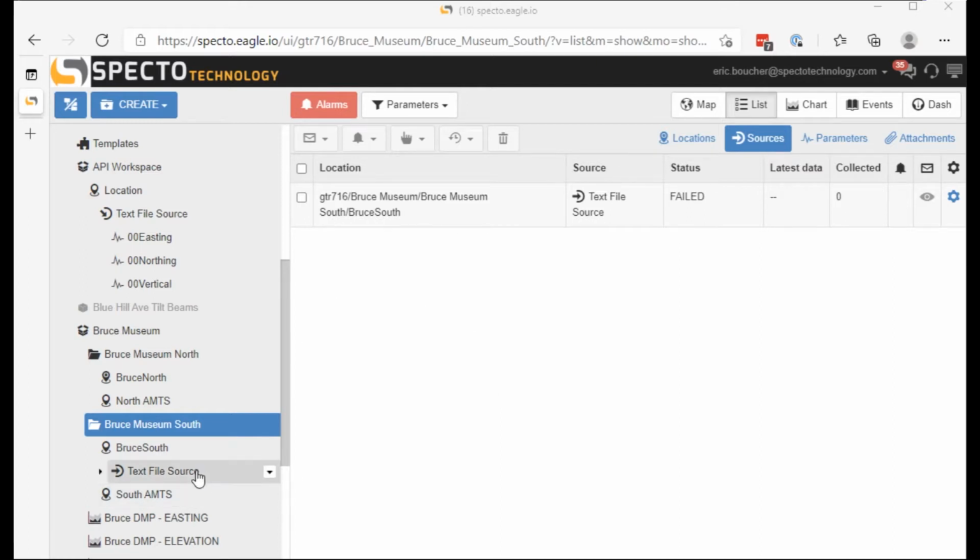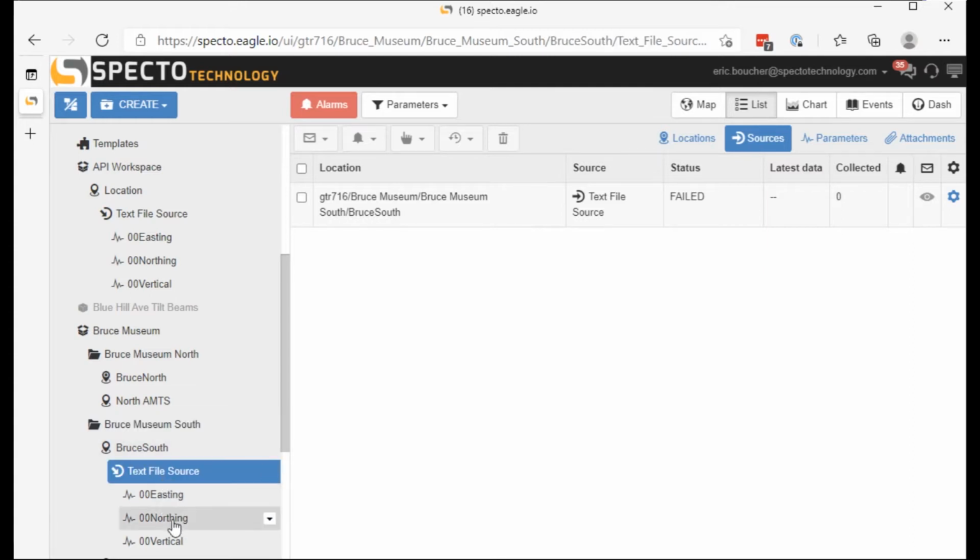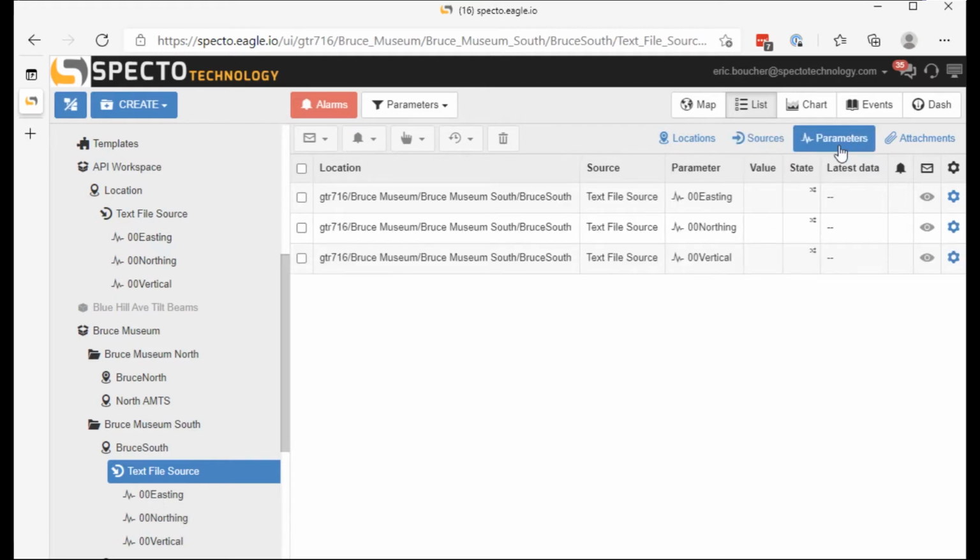So the first thing that we need to do in Eagle.io is create a location, data source, and some template parameters. The easiest way to do this is just copy these from a previous setup. And basically what we have here is just a data source that's connected to no external import and three parameters